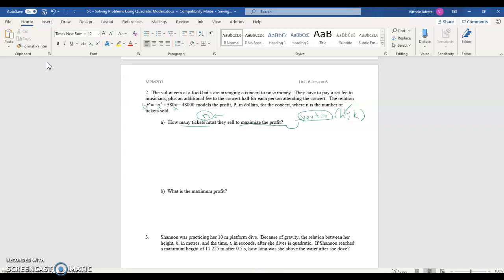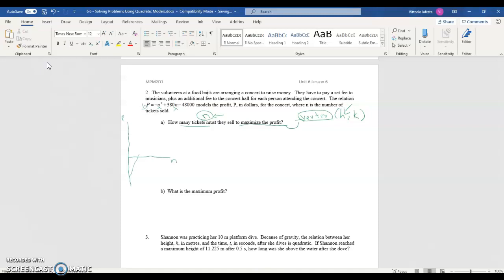So let's first model our equation. This is our equation over here. Let's sketch it out. So this would be our profit here. This would be our number of tickets sold over here. And you'll notice that if we don't sell any tickets, we actually start off in the negatives because we already paid a bunch of money to start this concert. So we'd be all the way in the negatives here. Our parabola opens from the bottom. But the idea is that we'd sell tickets,